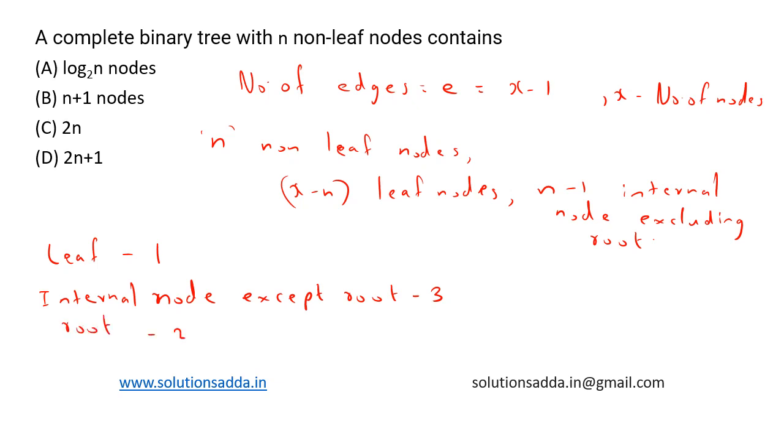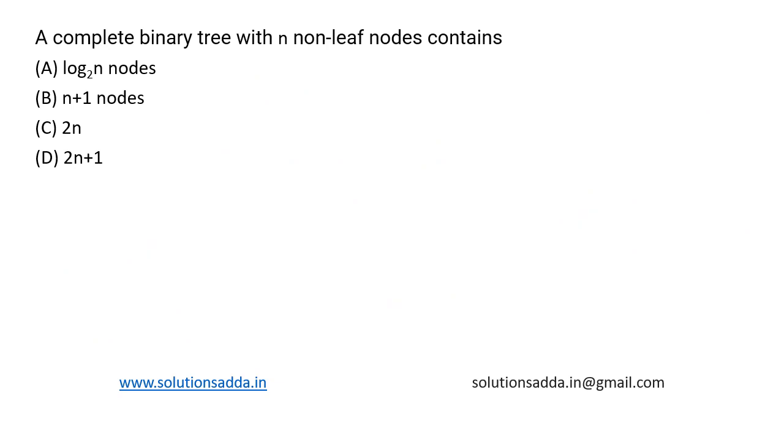Now using handshaking lemma, we can write it as x minus n into 1, which is degree 1, plus n minus 1 into 3 plus 1 into 2. Here x minus n means the number of leaf nodes. The leaf nodes has a degree 1, and n minus 1 means the internal nodes excluding root, which has a degree 3, and 1 is the root node, which is having a degree 2, which is equal to 2 times